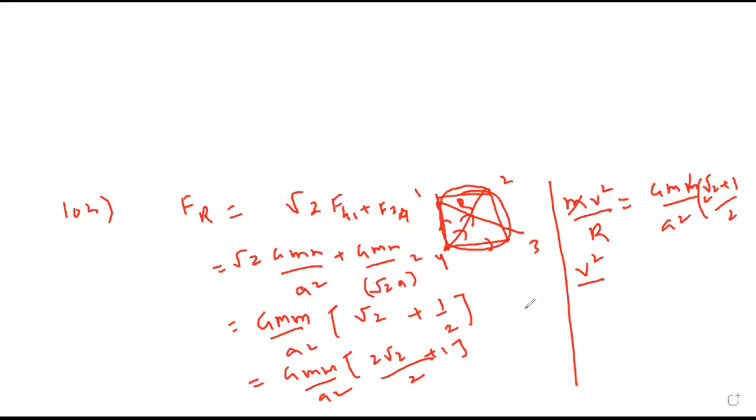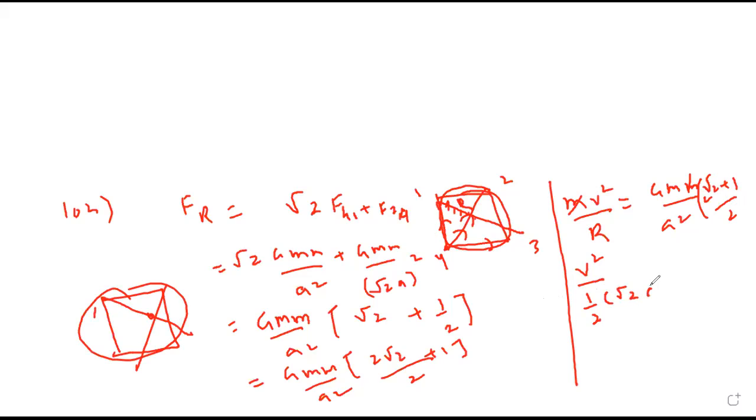Yes, sir. This is radius, na? Yes. So radius is half of length of diagonal. So it will be half of √2 into a, that is equals to